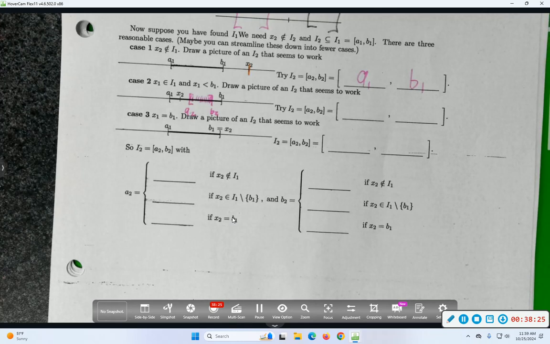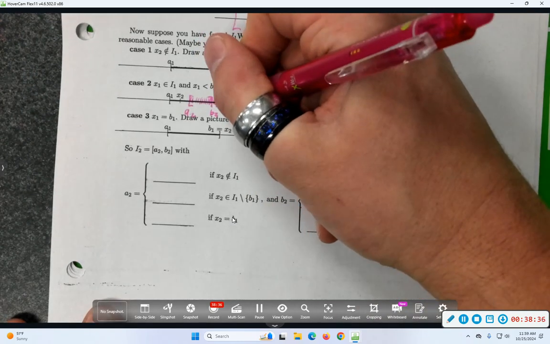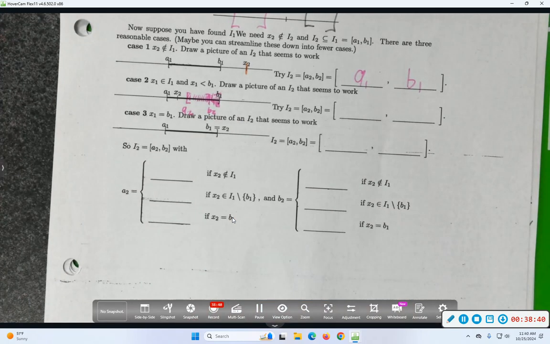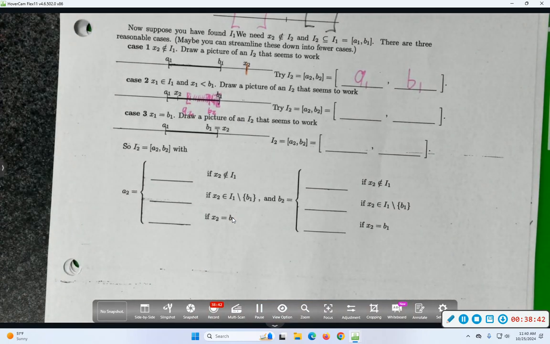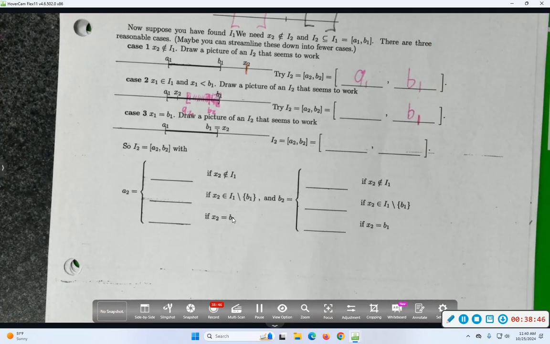In fact, can we just take it to be equal to B1? Would that be okay? Oh, cool. So I guess let's shade in more of this. And I guess that means that A1 had better also be less than B1. A2 had better be less than B2. So I think that's a good choice. So it looks like I need A2 to be something that lives in between x2 and B1.